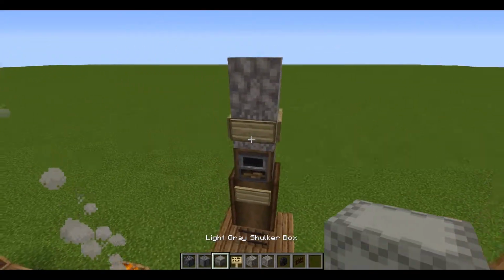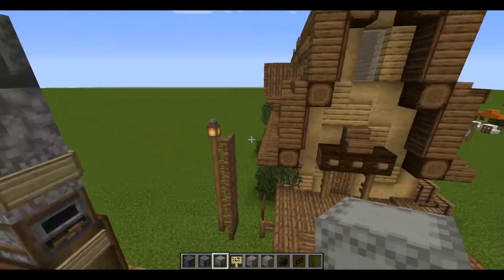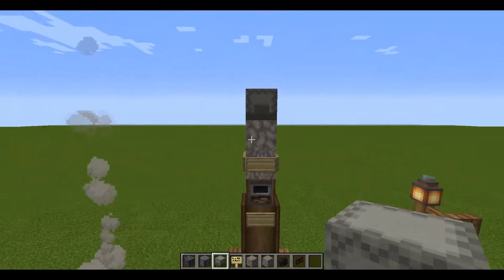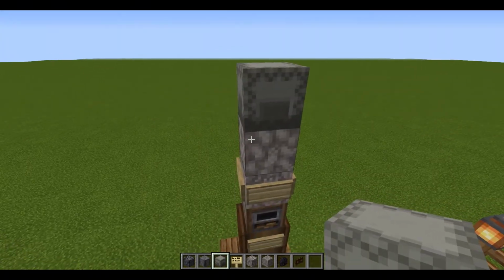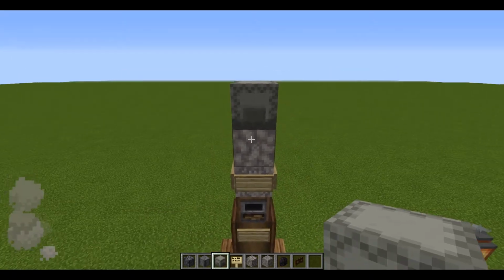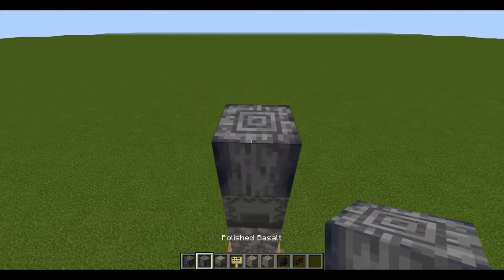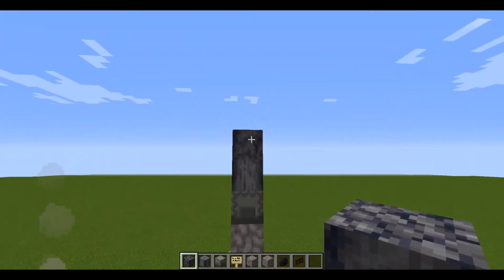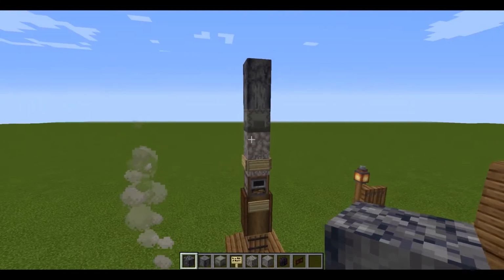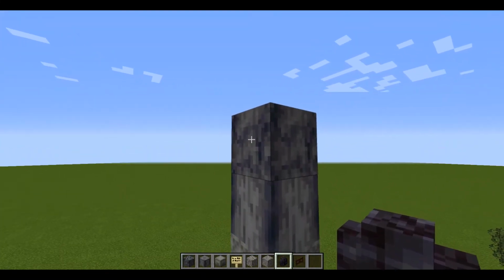Next, on top of this one, I thought the gray shulker box made a really good transition into the darker part up here, and so I placed that up on top. If you don't have a gray shulker, you could do something like regular stone or stone brick to replace that. Then I will use a polished basalt, and then a regular basalt to create that transition into the darker colors. Next, we're going to be making the wings, which start up on this regular basalt right here,